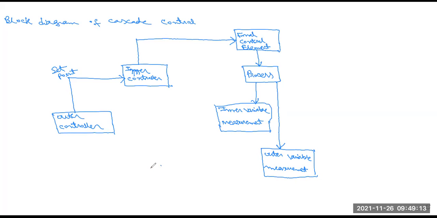These are the basic connections between the set point of the outer controller to the inner controller part, and this outer controller and also the inner variable measurement. This inner variable measurement is connected to the inner controller system, and the outer controller system is also connected to the outer variable measurement block.